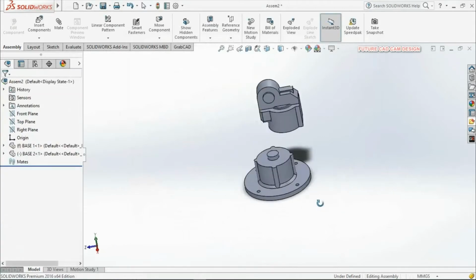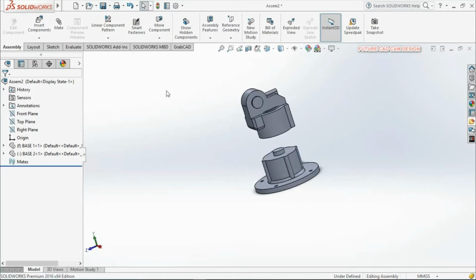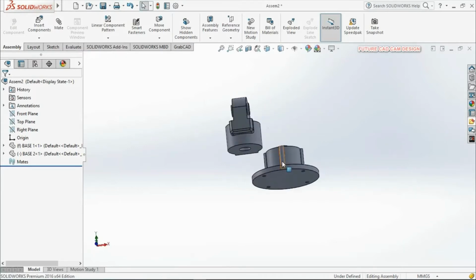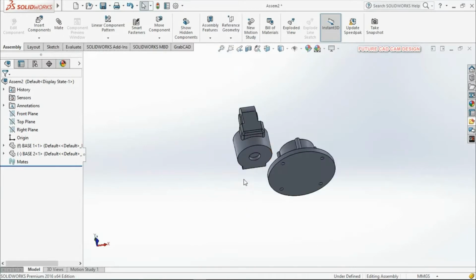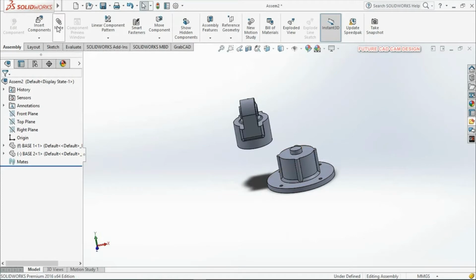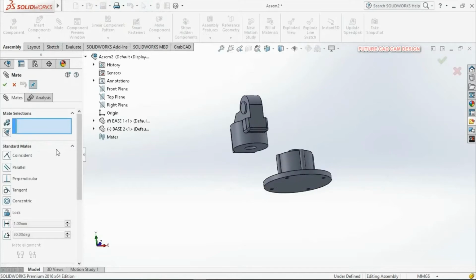After placing the component, we are going to give constraints. Constraints means here you can see the mate option. We are going to use this option. Here we need to fix this position. So click on the mate option. We can use coincident here. In standard mates, click coincident.